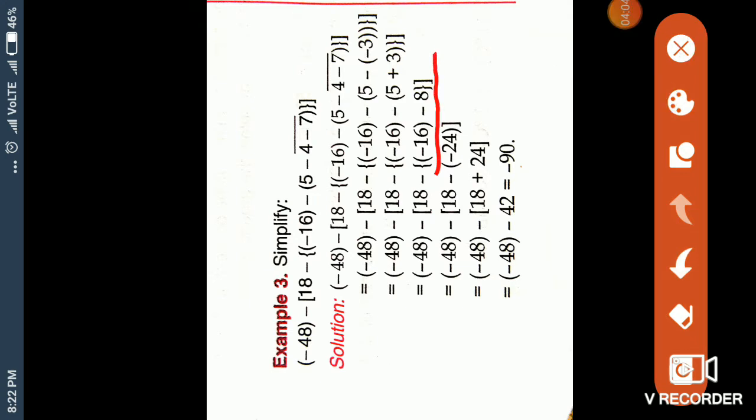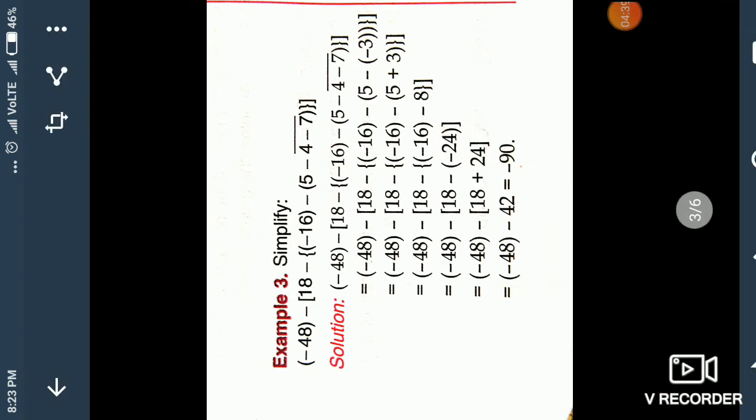It's minus 16 and minus 8, and you are seeing minus 16 and minus 8 are both in minus, then same sign add, but the sign will be the sign of the number, and here the sign of the number is minus, so it will add 16 plus 8 means 24, but the sign will be minus, it will give minus 24. Understand? And now we are seeing minus in the main process, this is here, and minus inside the bracket, so minus minus will give plus. Understand? That will give plus,